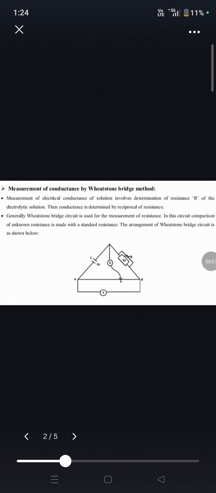The sliding contact is moved along AB until no current flows. The detector D shows no deflection. According to the Wheatstone bridge principle, R by Rx is equal to AC by BC. Hence, R is equal to AC by BC multiplied by Rx. By measuring lengths AC and BC and the known Rx, the resistance of the KCl solution can be calculated. The cell constant is given by the conductivity of KCl multiplied by R of the solution. The conductivity of KCl solution is known. The cell constant thus can be calculated.